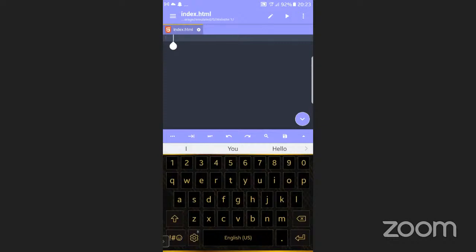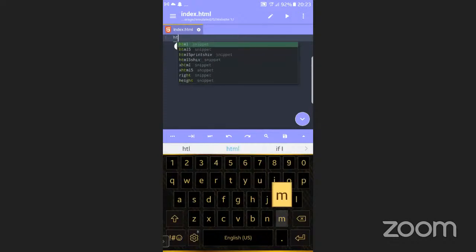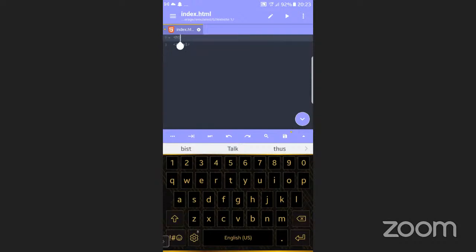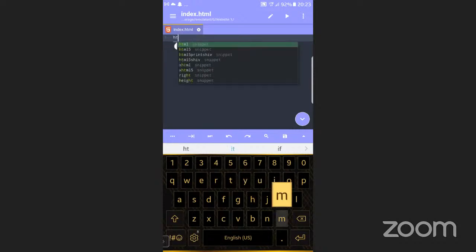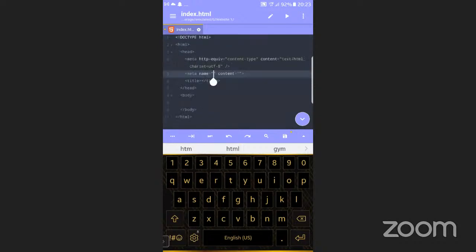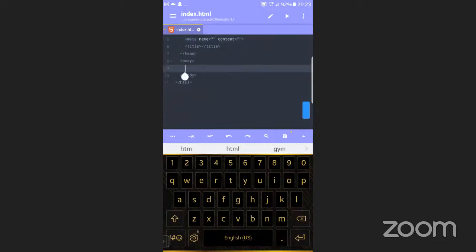So for example, if I start with HTML, you see it understands all these tags. I can just click on this, and if I click on HTML5, I can start coding from here. Just in case I need a paragraph here, I can go ahead and type a paragraph, just P, and so maybe